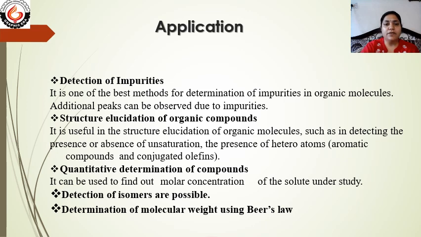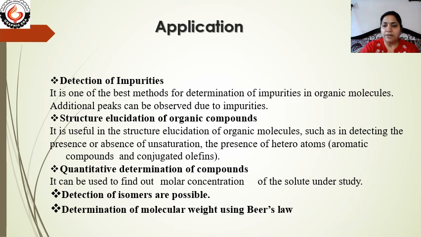But if some different spectrum occurs along with the spectrum of the active compound, that shows there are some impurities. So any additional peak, if present, means some impurity is present